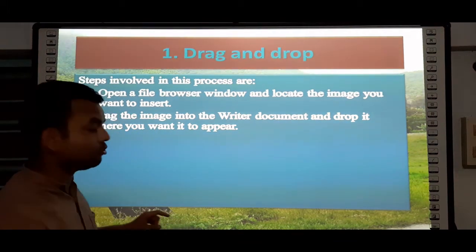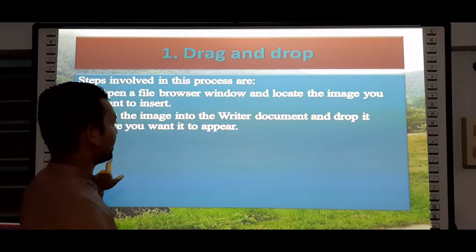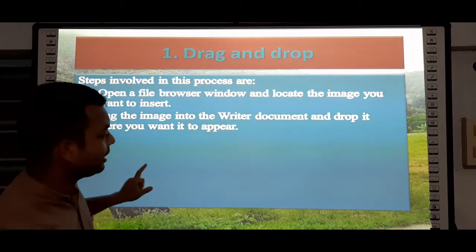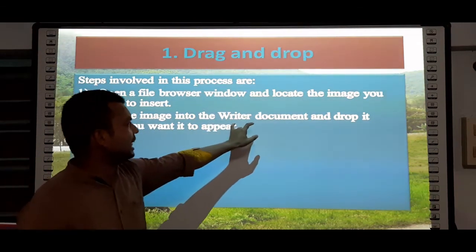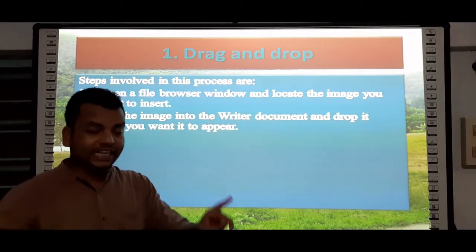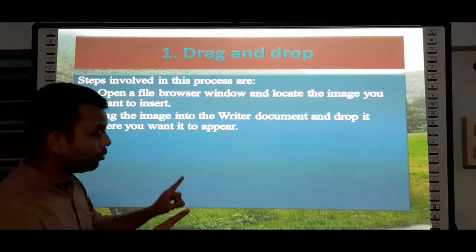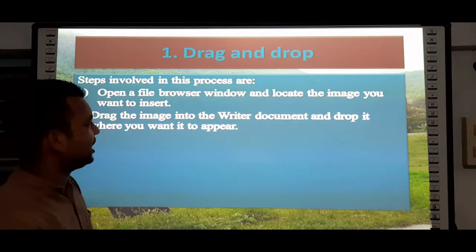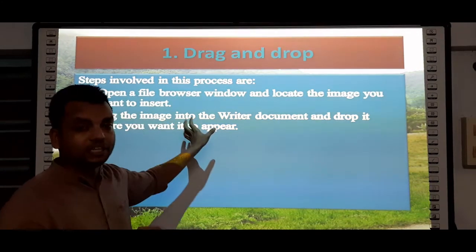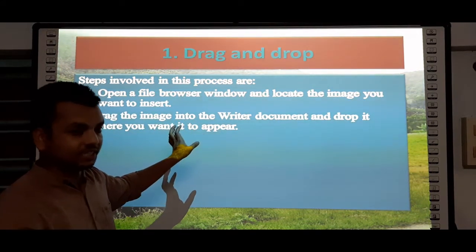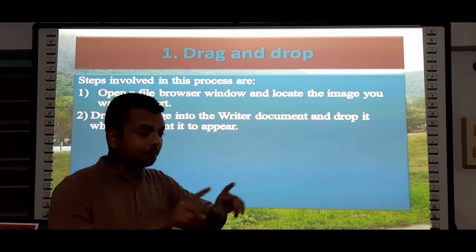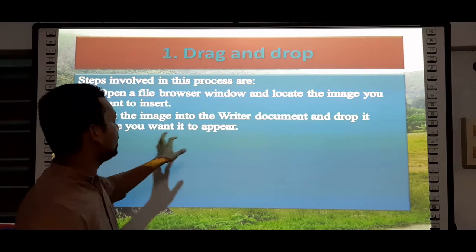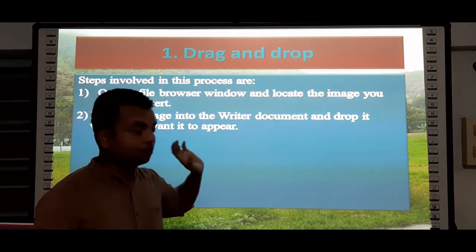After pressing the left mouse button, we need to drag the image into the writer document where it needs to be inserted. We need to drag that particular image using our mouse and cursor, and finally at that location we need to drop it where it should appear.